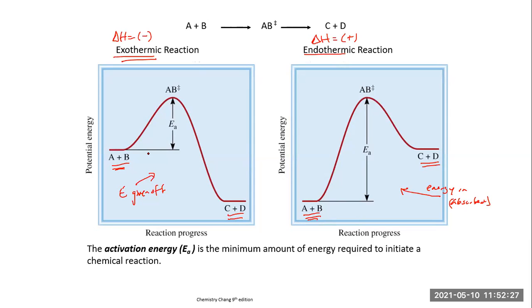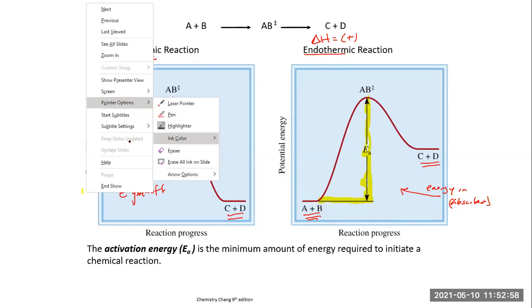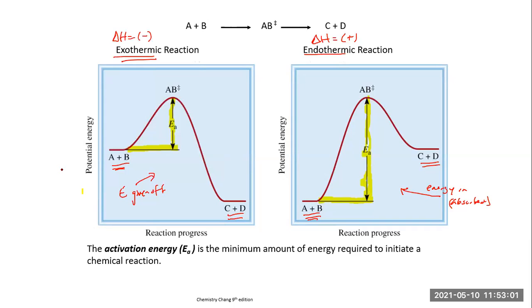So what really determines how fast a reaction will take place is this area here, between where the reactants are and the peak in energy that occurs as the reaction is taking place. In both of these cases, from the reactants to that peak of the energy hill, that is what is known as the activation energy. The activation energy, E of A, is the minimum amount of energy that's required for a reaction